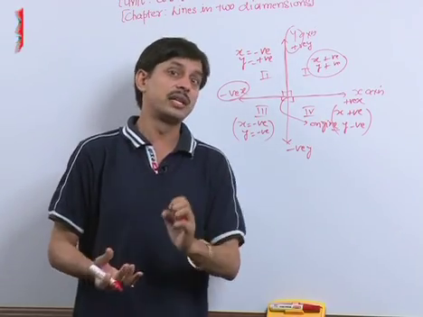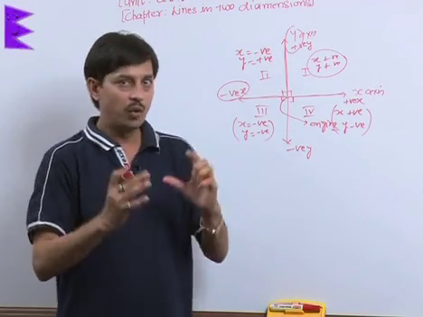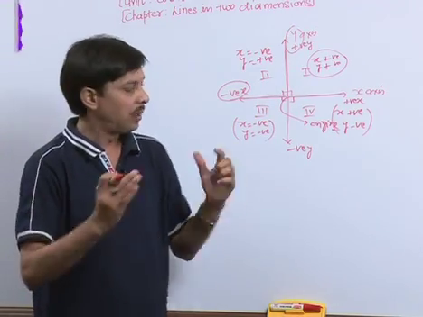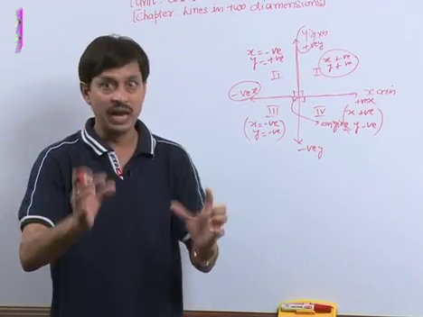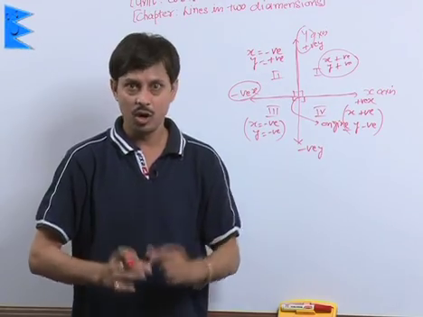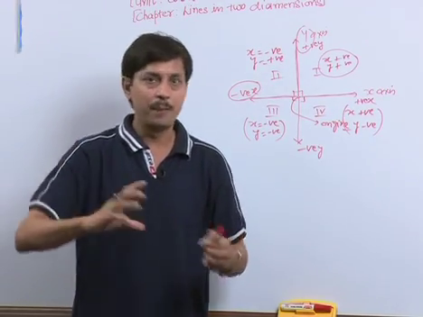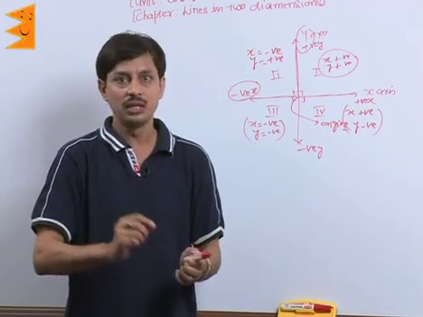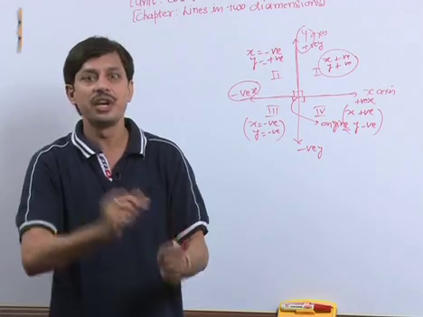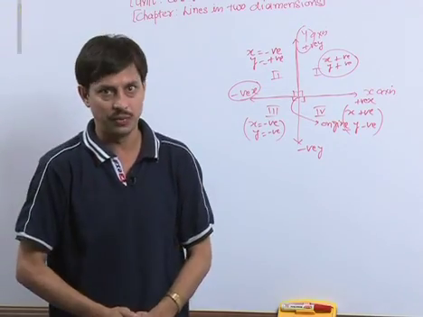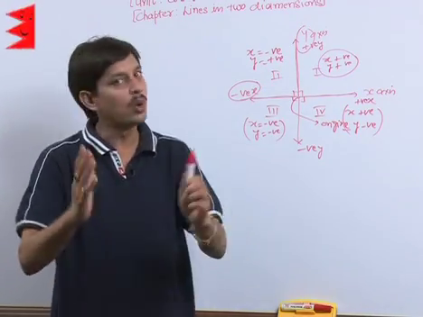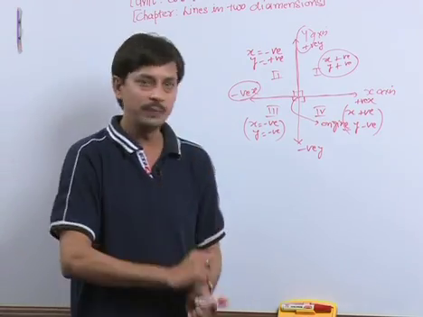So to understand coordinate geometry, we must know what a plane is. A plane is a surface on which we can draw a line or straight line. Like an apple. An apple also has a surface, but we cannot draw a straight line on it. So the apple surface is not a plane surface. So we will talk about only plane surfaces, number one.